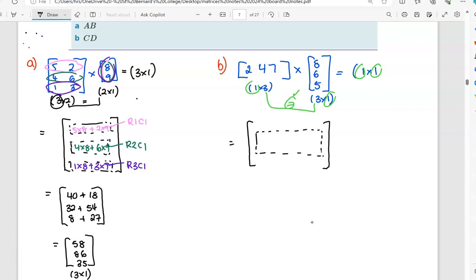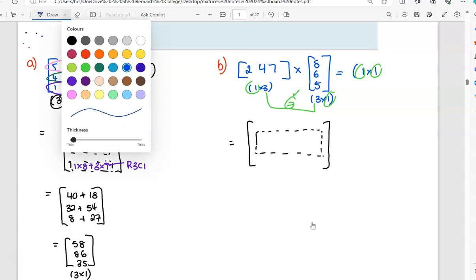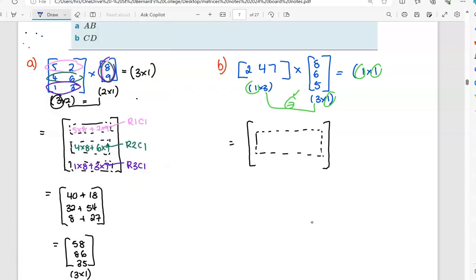Okay, so we do that. So that one element is coming from row 1, column 1. So it's going to be 2 times 8 plus 4 times 6 plus 7 times 5. So you can see, unless it's defined, it won't work. You won't be able to sort it out. Okay, so if we tidy that up, 2 times 8 is 16, 4 times 6 is 24, and 7 times 5 is 35. And if we add all them up, and there's our 1x1